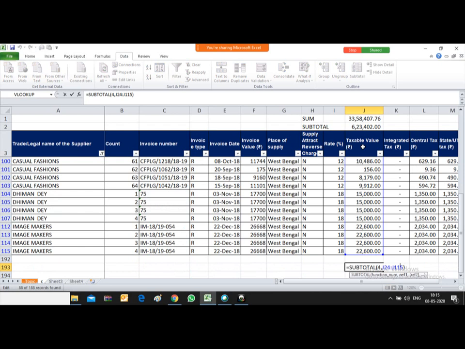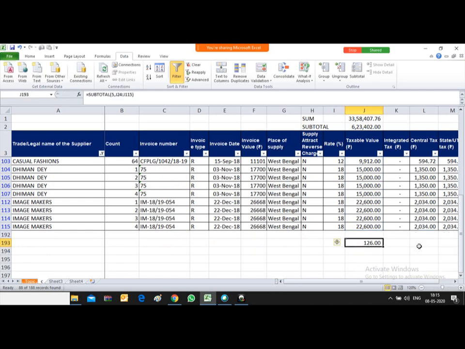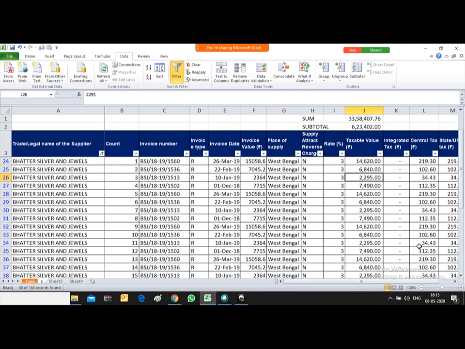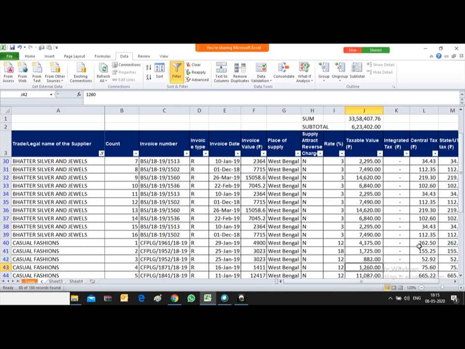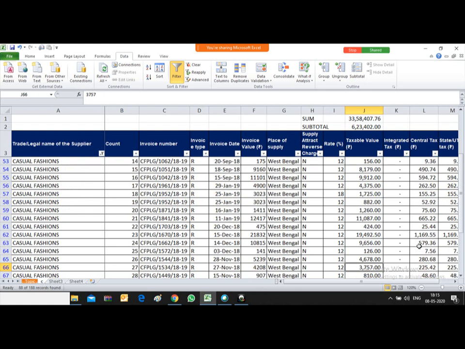Similarly, you can change the option. I was using 4. Now you can use the next options. Suppose minimum, that is 5. So it will show you 126. 126 is the minimum number appearing in the visible cells. Whatever cells are visible among these numbers, 126 is the smallest number. See here, here is the 126, the smallest number appearing in a cell. So friends, this is the usage of the subtotal formula.